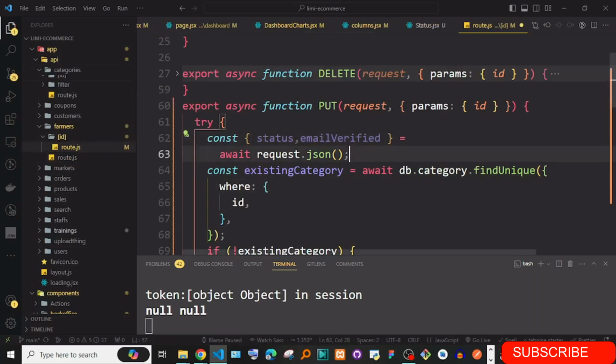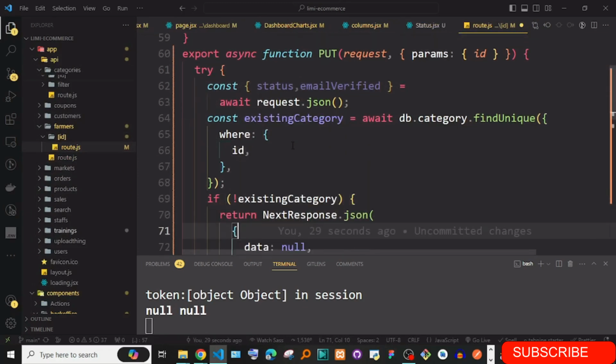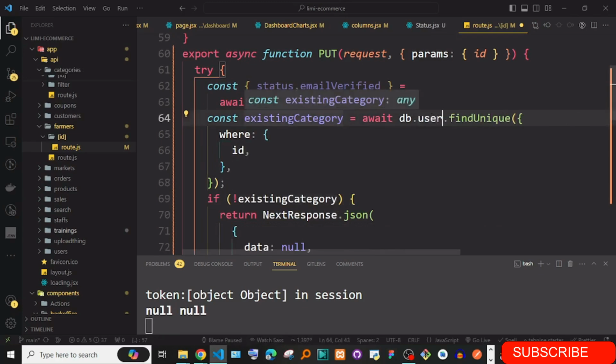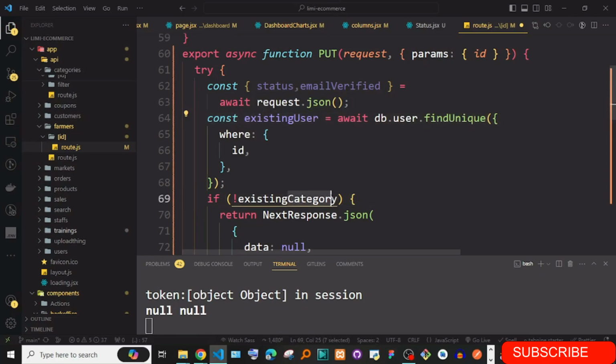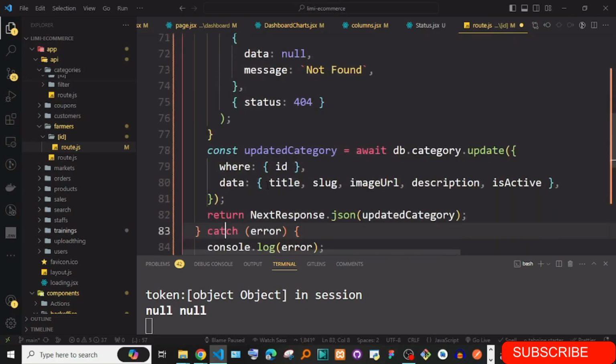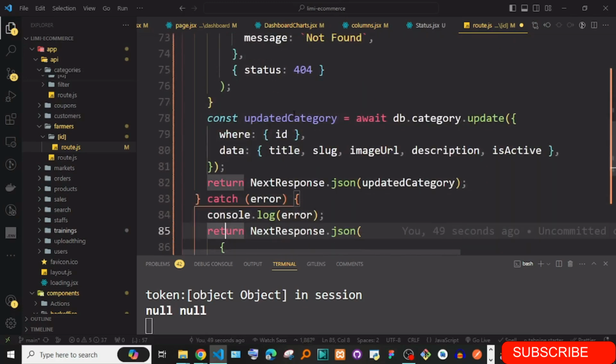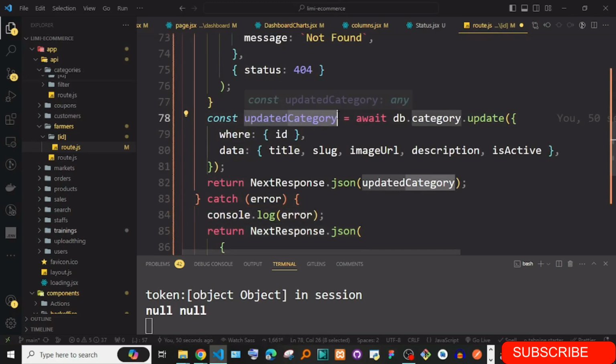Okay, so we're just going to get these two, and then of course we can first check if the user exists, existing user, just like that. If the user doesn't exist, we return 404,